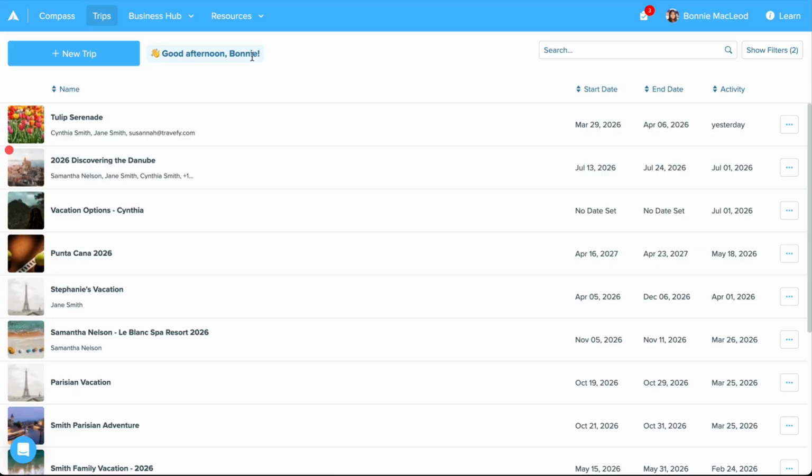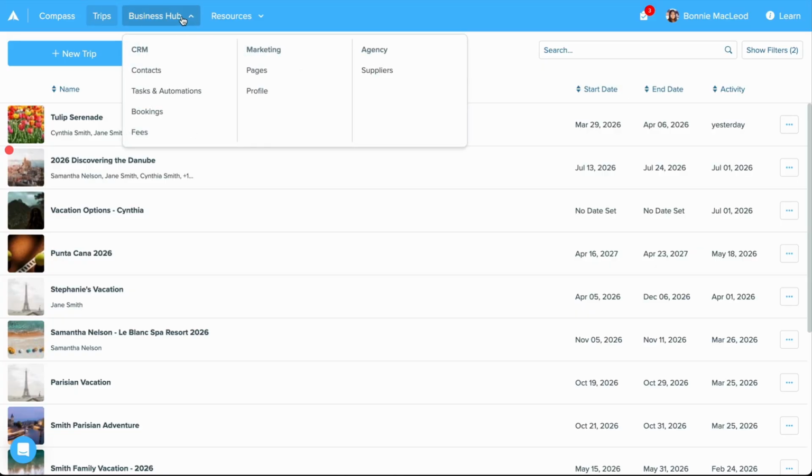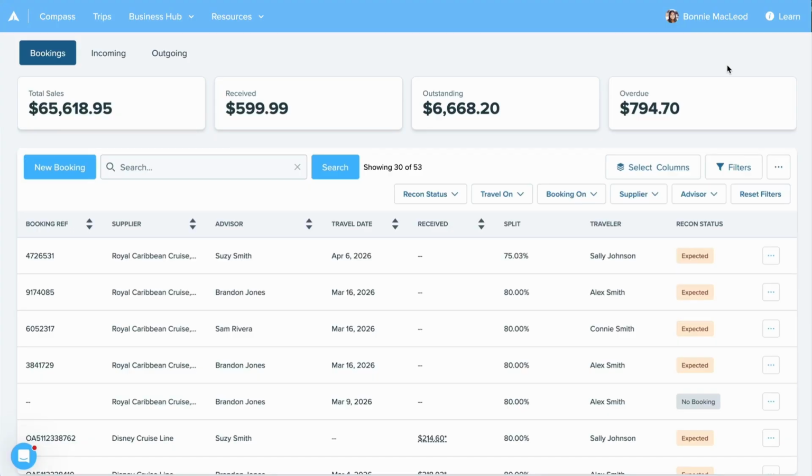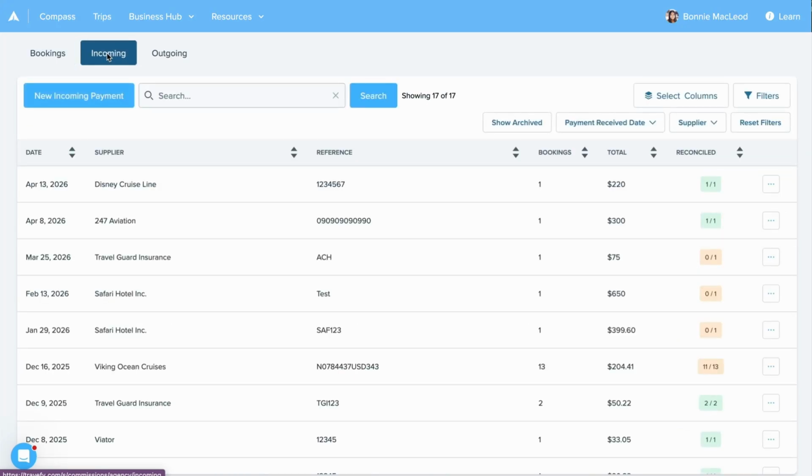To get started, select the Business Hub from your navigation bar, and then select Bookings. This is where your team's bookings, commission, and financial data are all coming together. Next, select the Incoming tab up towards the top left. This is your hub for incoming payments and Smart Reconcile activity, giving you a clear view of what's been received